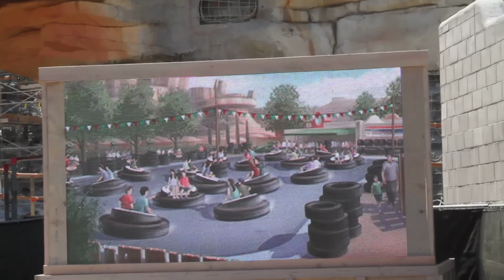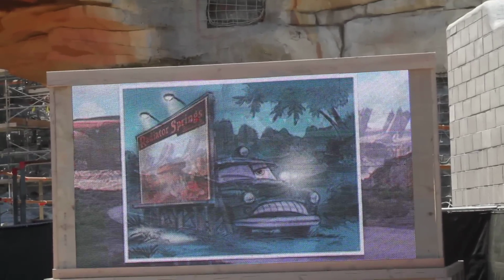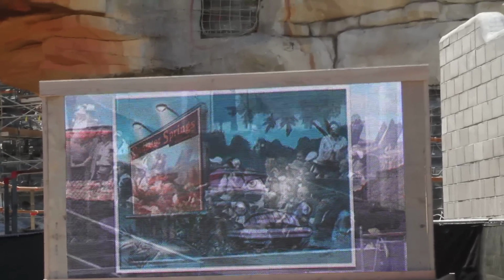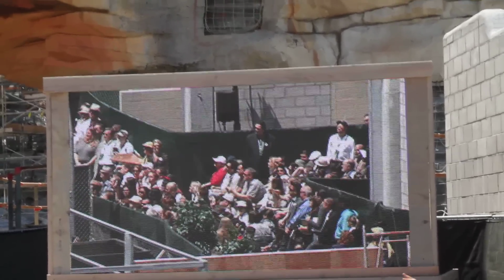Flying on air. Now, we do have Mike up on the Tower of Terror balcony with a live video to take us into the land. Everyone